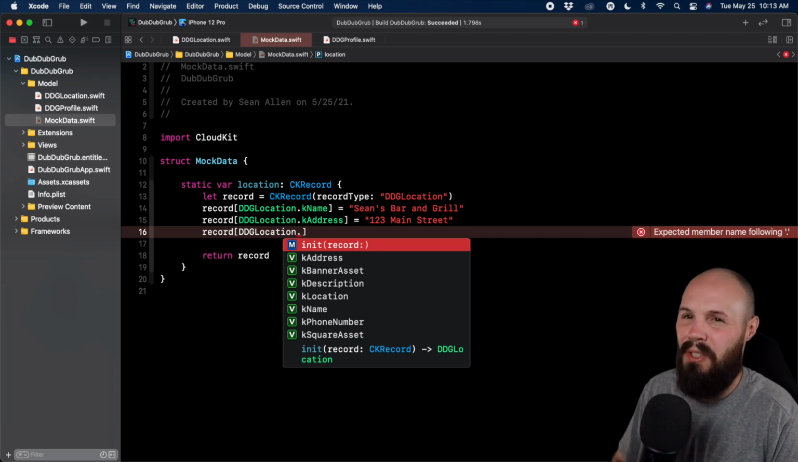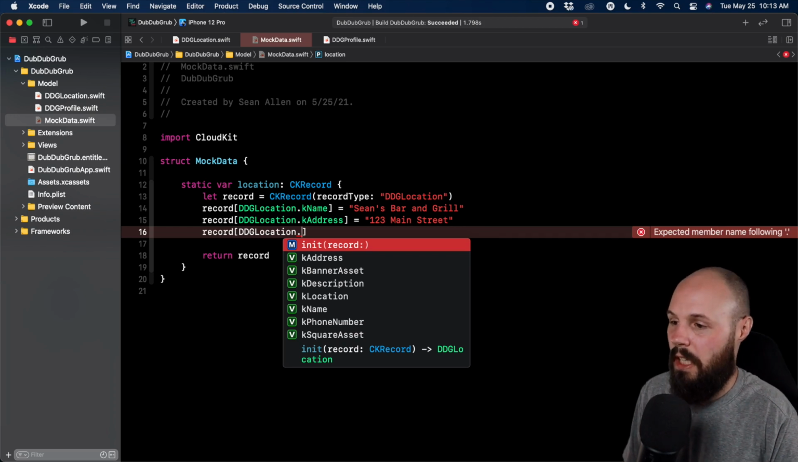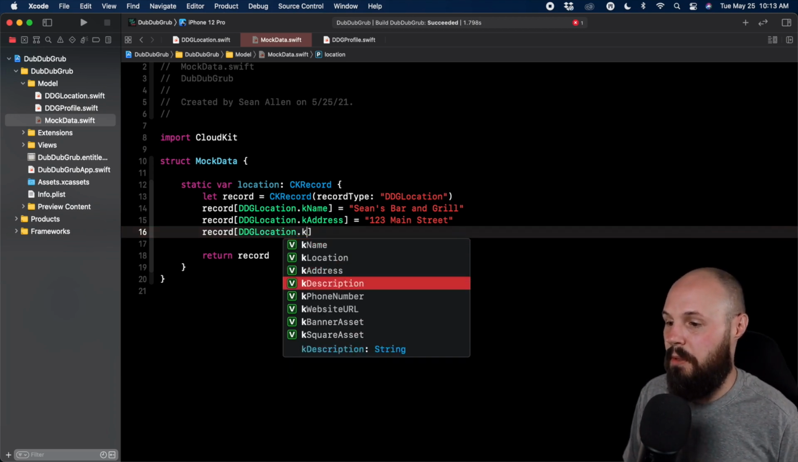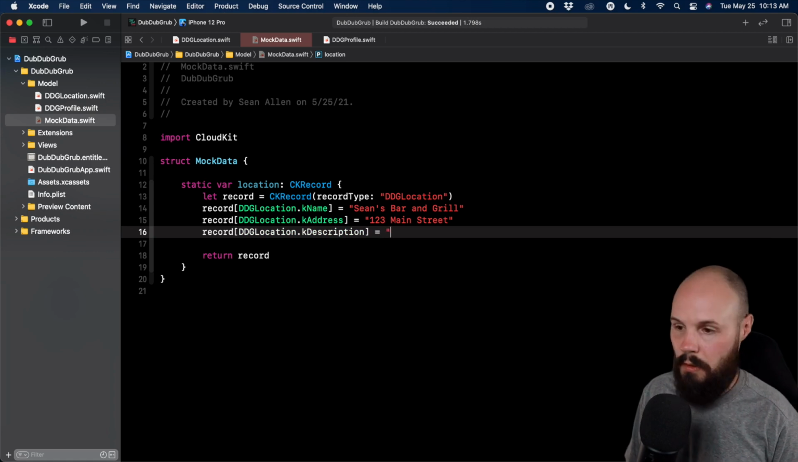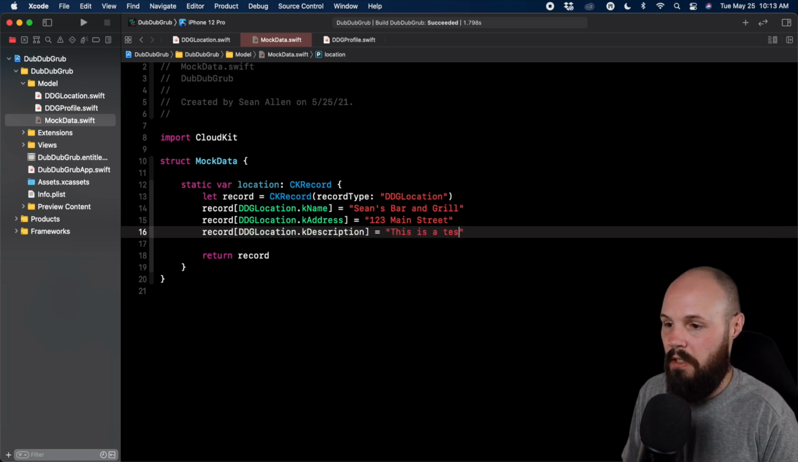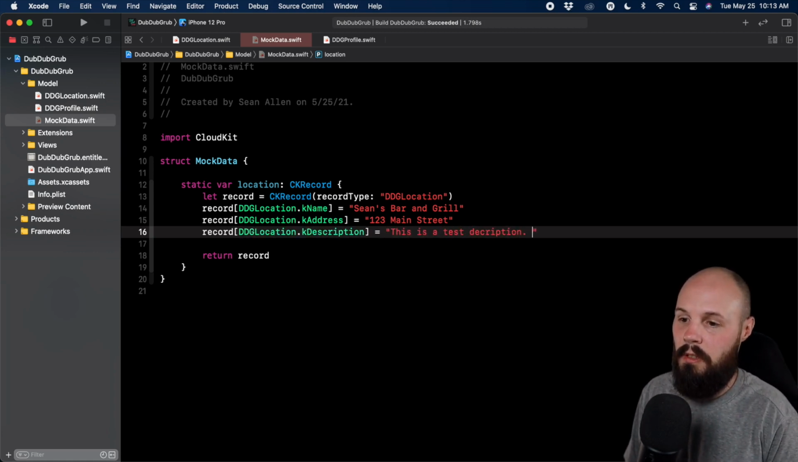So that's why I'm doing this. Plus, you can do this for previews. It'll make your previews actually show something. Again, you'll see it in action. So kDescription equals, "This is a test description. Isn't it awesome?" Not sure how long to make it